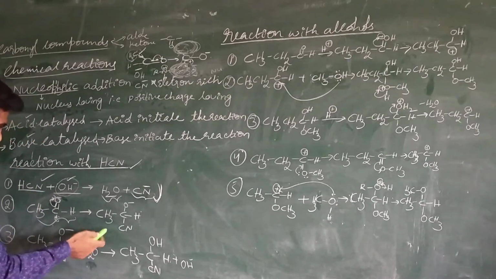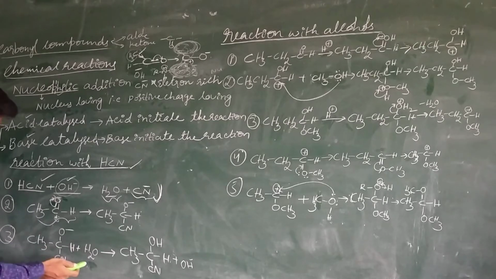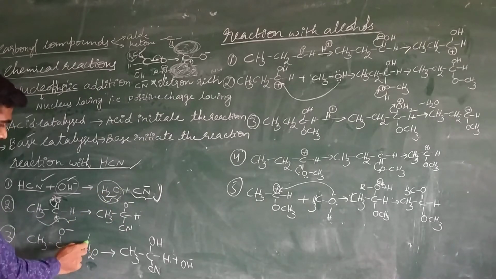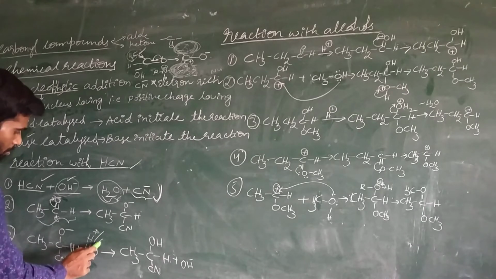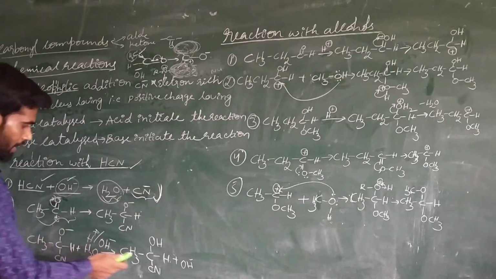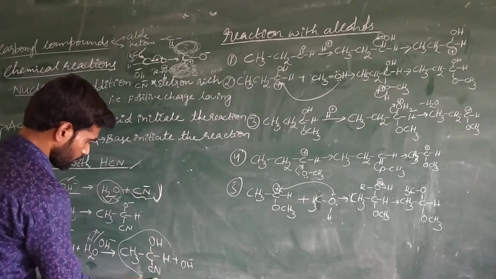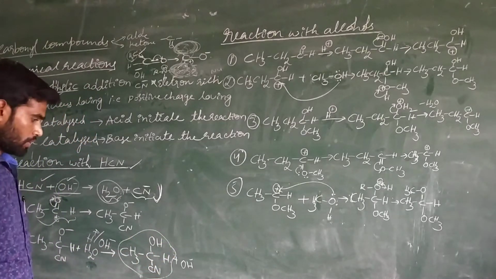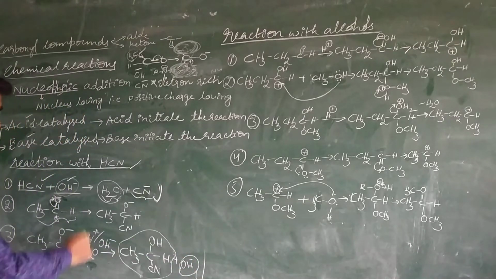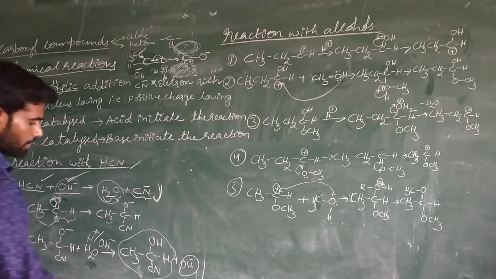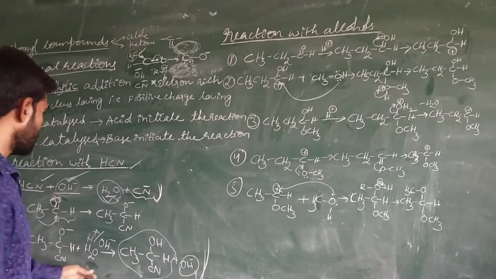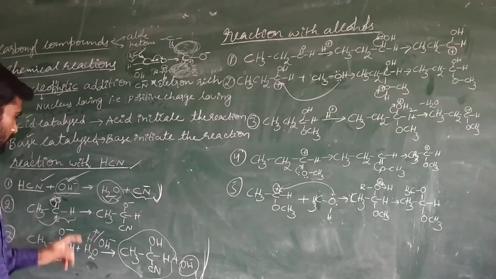This molecule, again I have written here, and elimination of water takes place. Again this water is dissociated into H plus and OH minus, and this H plus is reacting with the O minus. So formation of product. So again this is the catalyst. Again catalyst is released. Here the catalyst initiated the reaction and the catalyst is released after the completion of the reaction. This is the base catalyzed reaction because base